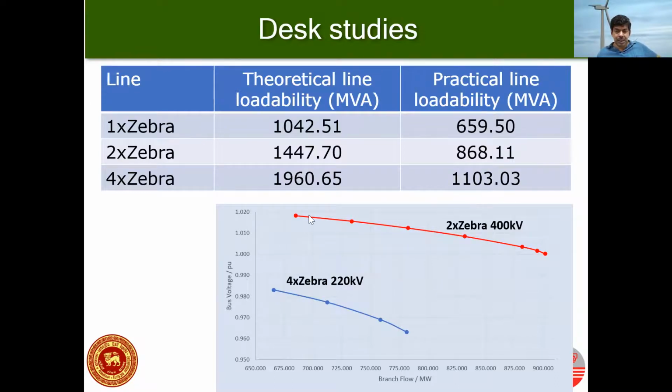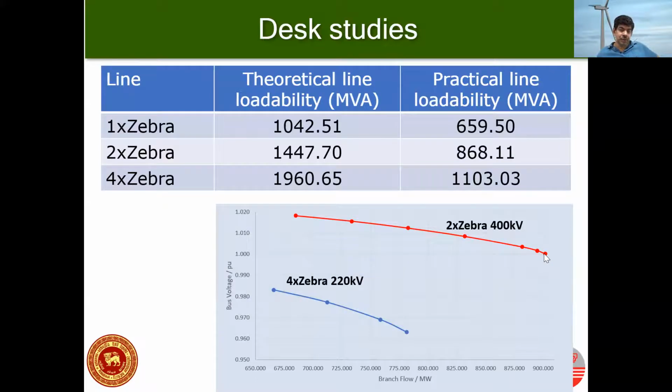And what you are seeing here is, the red one is if you use 2 Zebra 400 kV. So you can see that if you try to transfer 900 megawatt, the bus voltage with this line will drop to